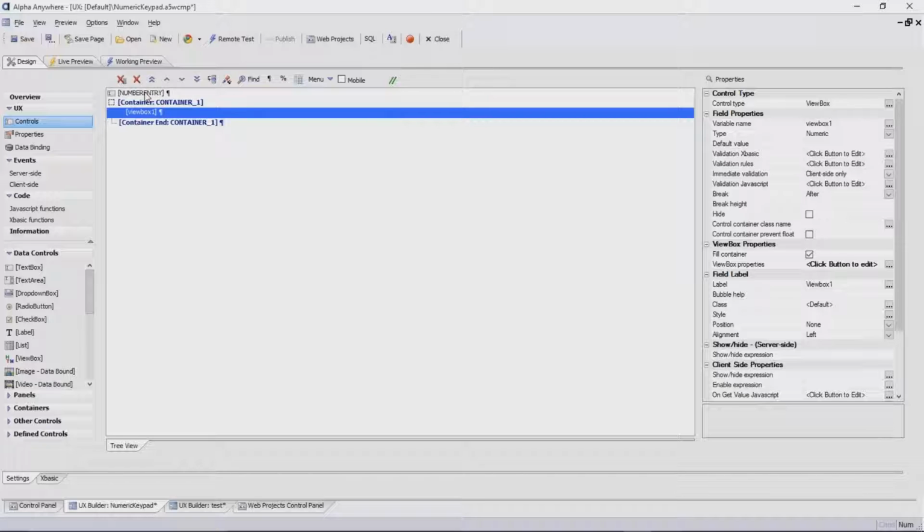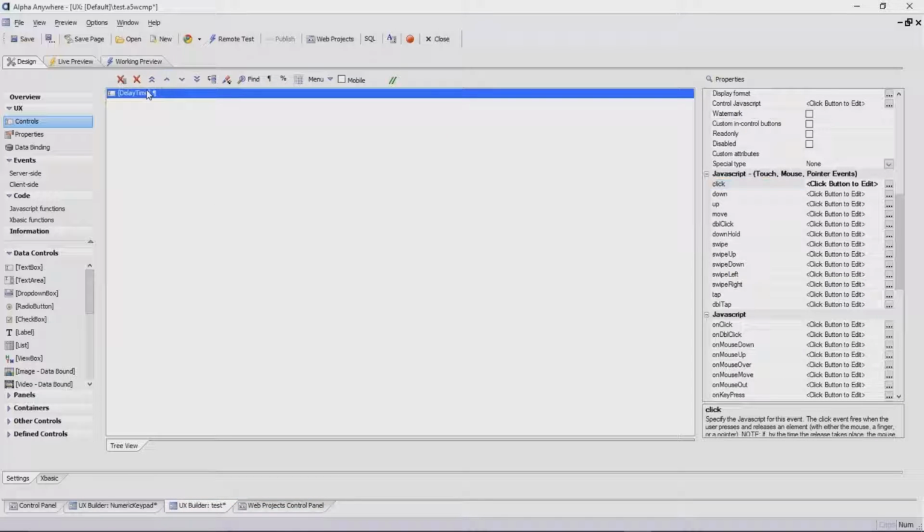So I can basically create a whole bunch of custom keyboards like you can with the form view control. However, you have to use those editors with a form view control. I can use this with any control, because all I'm doing here is, and there's a little bit more to it, there's our delay time